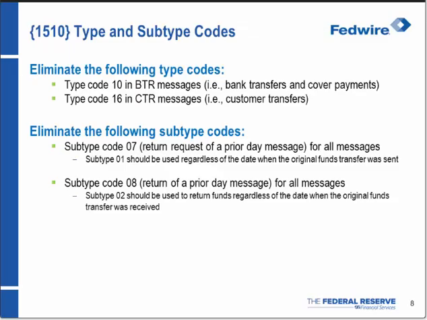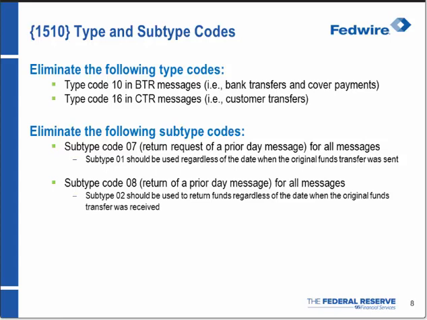So on the next slide, we're making some changes to tag 1510, type and subtype codes, as highlighted on this slide. To simplify the conversion during phase 2, we will eliminate type code 10 in BTR messages and type code 16 in CTR messages. Today, we allow any combinations, but once we move into phase 2, we'll need to be more